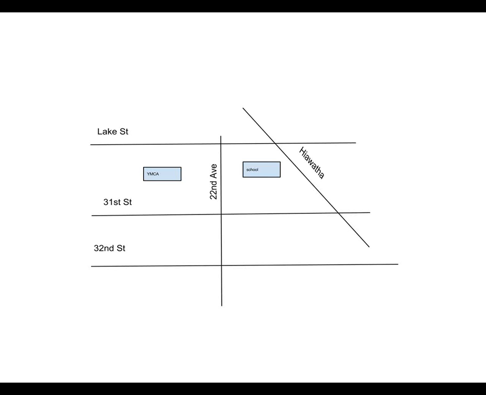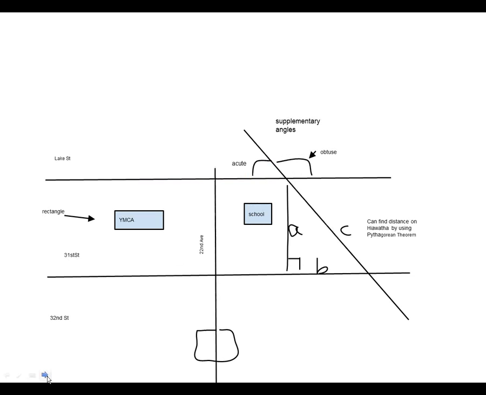So what I did is, well, I'll explain that in a second. So the low level group is asked to identify any lines that they see and say whether they are perpendicular to each other or whether they're parallel to each other. I also asked them to look for some angles. So that would be the below level group or the beginning level, we could say. And at a slightly higher level than that, the students are also asked to identify what type of angles they see. As you can see on the second